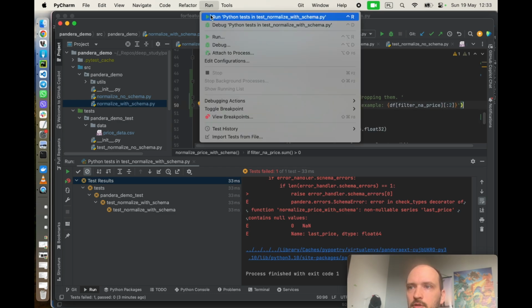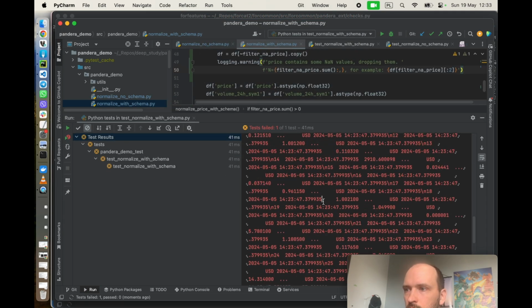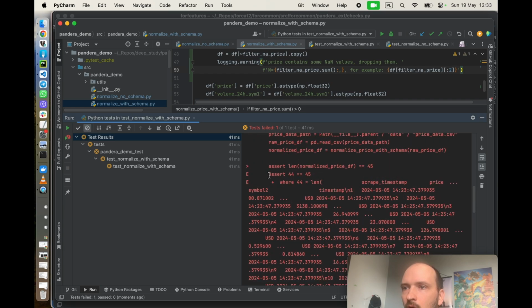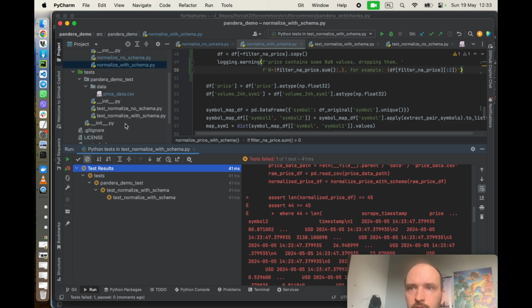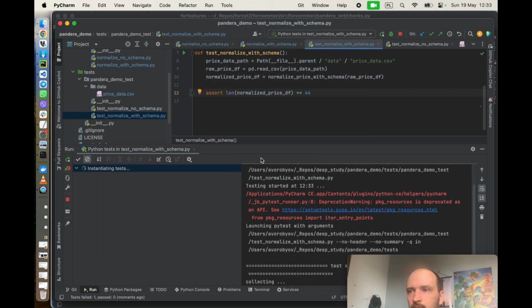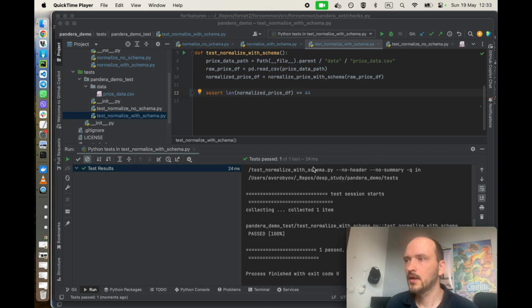So let's see how it works. Okay, something is still wrong. Oh yeah, and now I have dropped the row. Okay, so I need to check the test to modify the test. Super, yeah, it works. Okay, and